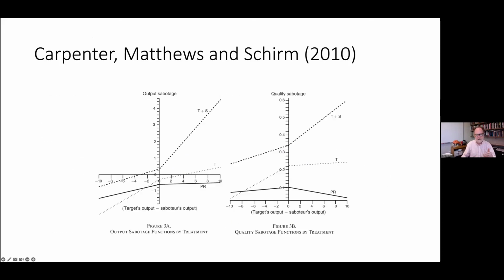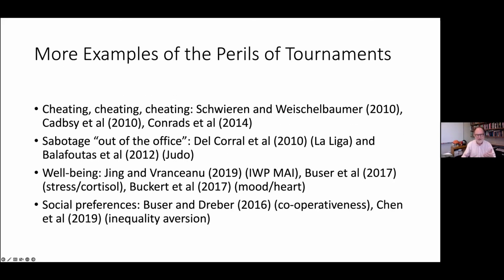Yeah, perils of tournaments. I mean, cheating, sabotage. There's a long story here, with some wonderful papers. The last of these, by the way, is probably the least developed literature. There's a nice Buser and Andreeva paper on cooperativeness, and Chen et al., which is not even economics, on the effects on inequality. The story here, and this is an important part of the story, is